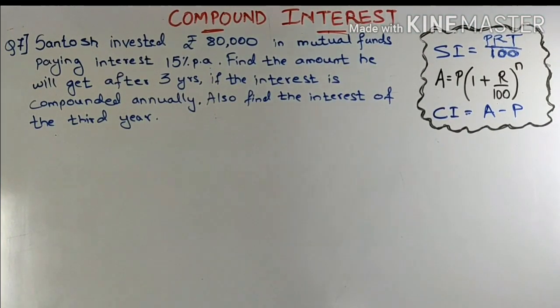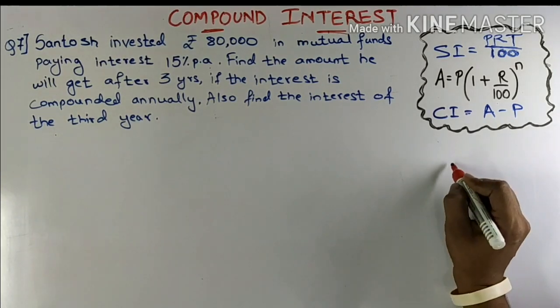Santosh invested rupees 80,000 in mutual funds paying interest 15% per annum. Find the amount he will get after 3 years if the interest is compounded annually. Also find the interest of the third year. So if we focus on the question, it says there is a person,